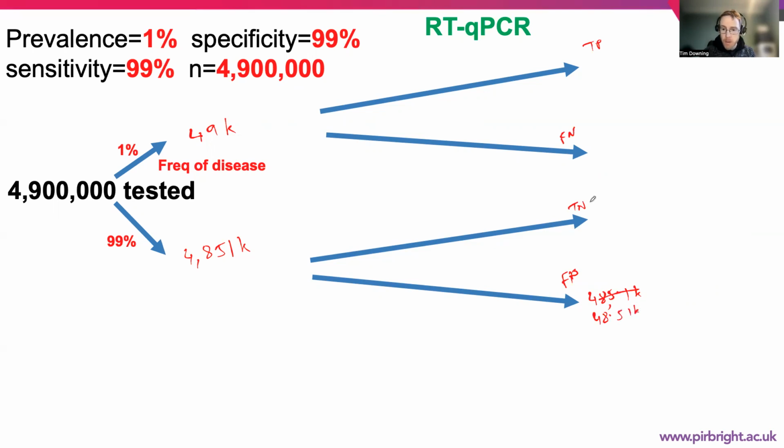And our true negatives are going to be about 4,802,490. So this is a situation where we apply it to the whole population. Our false negatives, the ones we miss, are 490. Our true positives are going to be 48,510. So you can see here, if we do population-wide testing for a large number of people with this RT-qPCR,